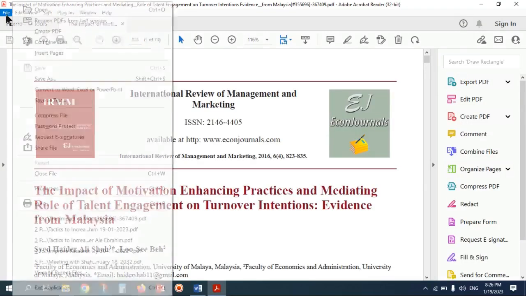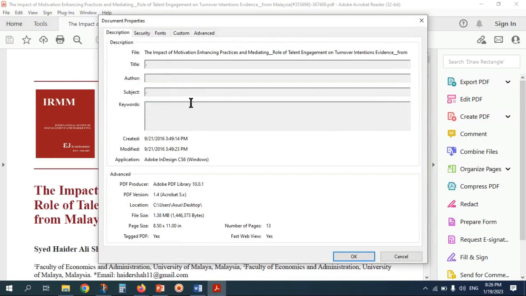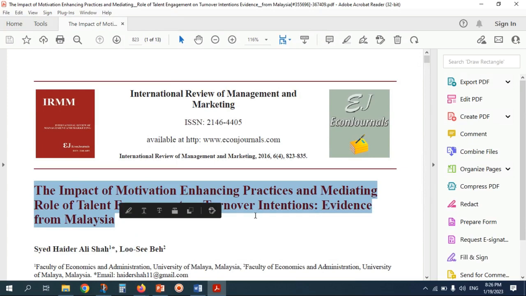And go to the file and open the properties. Okay, the properties here do not carry any information about your paper. So later on, you can add information here instead of this title, which is too long.